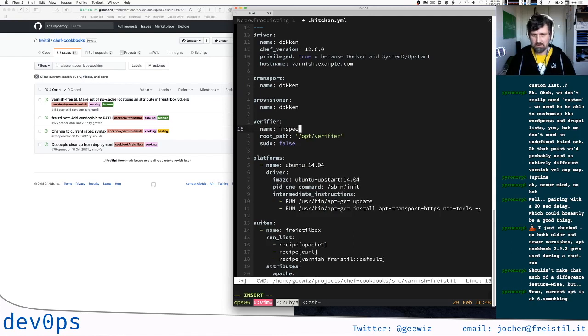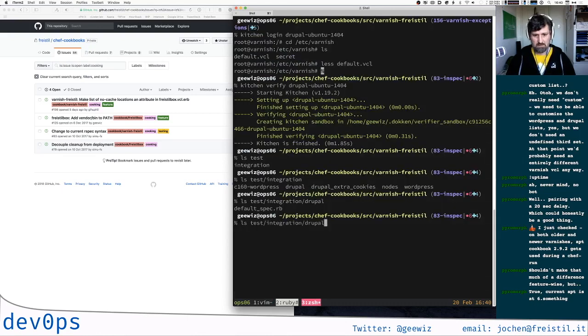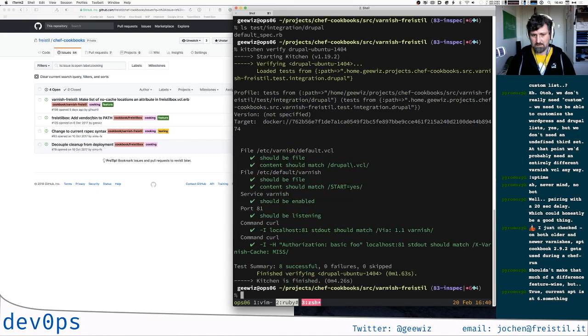Should we make the verifier more explicit? Yes, we should. Fine. Looks good. And yeah, the nice thing with InSpec is that it's more or less built into ChefDK, so as you saw,